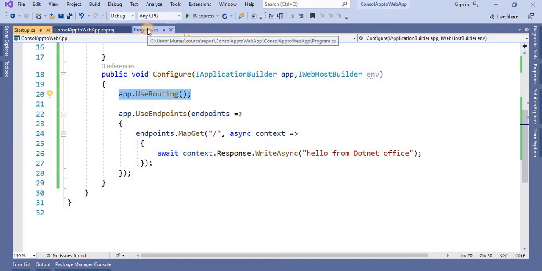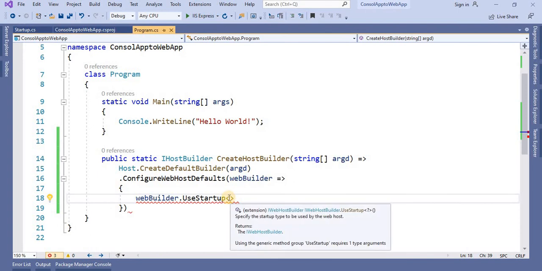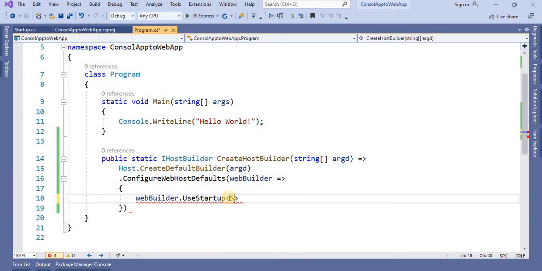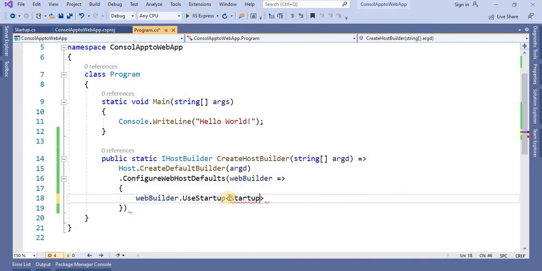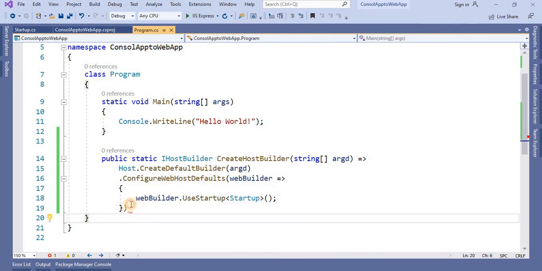Now let's go back to this Program.cs class, and here we have to add the Startup class which we created there. So let's call that Startup class here, and next let's put the semicolon.